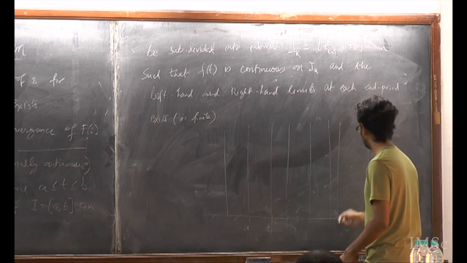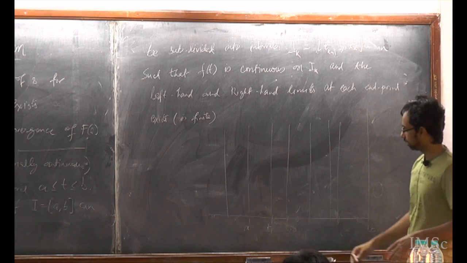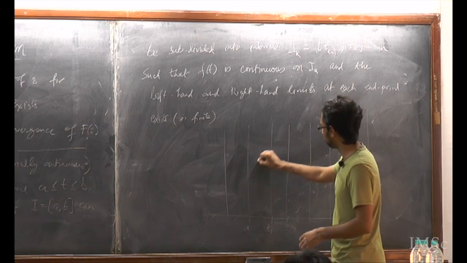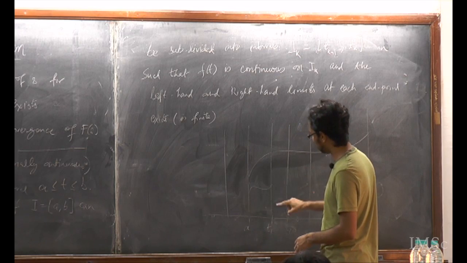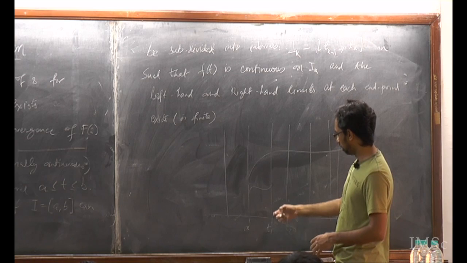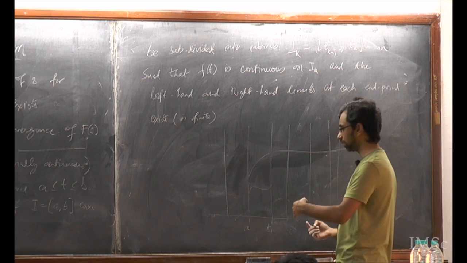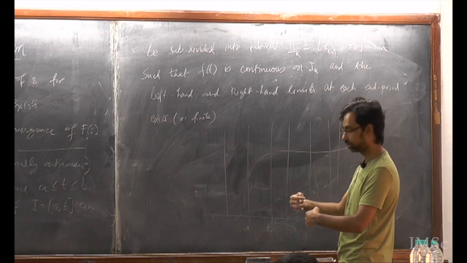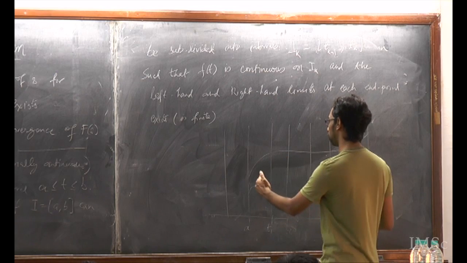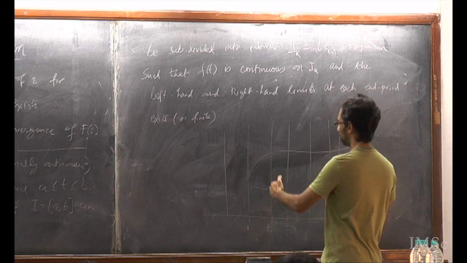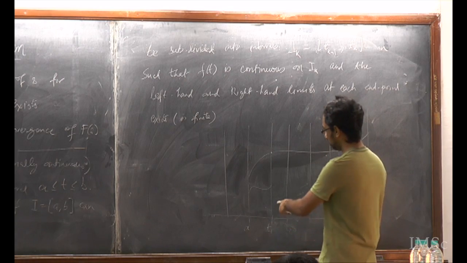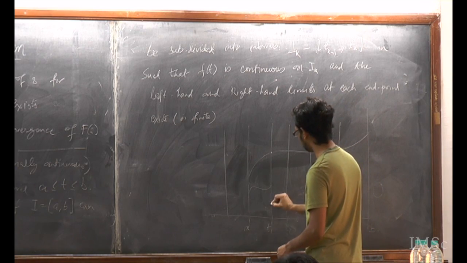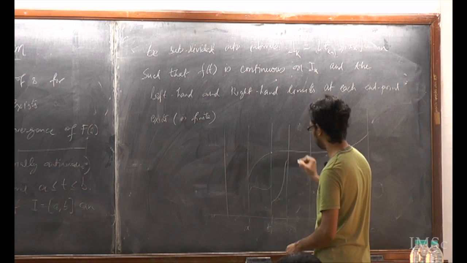Like this, and rather than the function being like this, it is sort of something like this. It goes here to T1, but the left hand limit and the right hand limit are not the same. Here they are the same. If you approach it from the left, if you approach it from the right, you end up with the same value. But here it might be different. So it might be something like this.